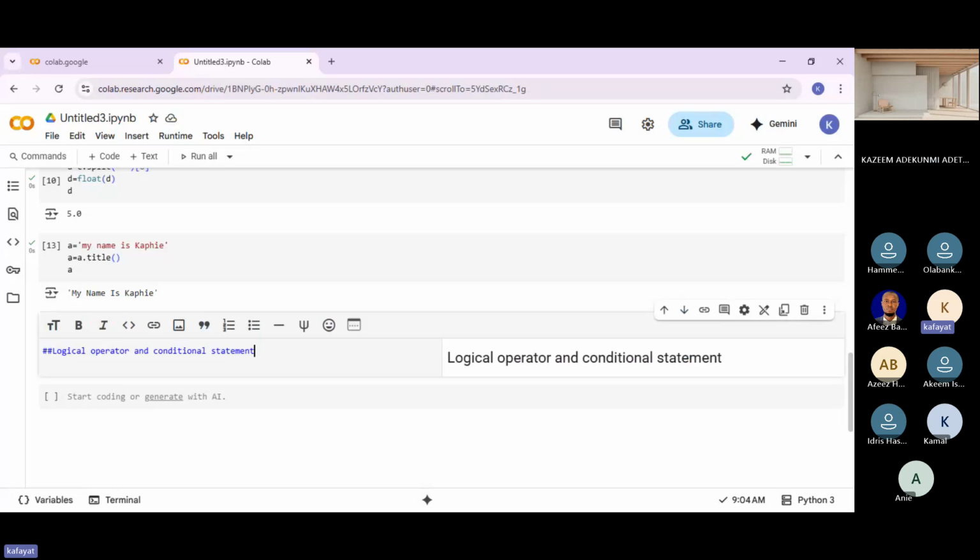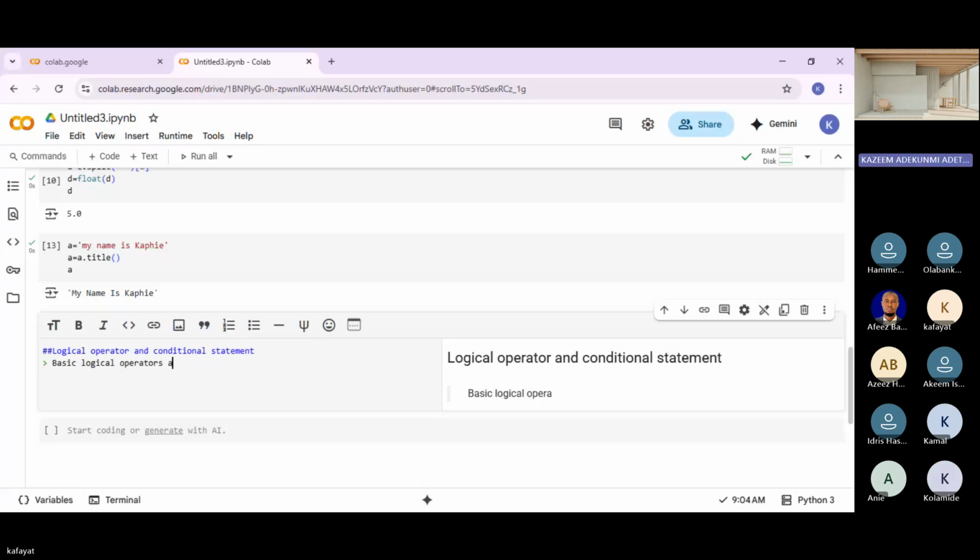So some basic logical operators include greater than, less than.